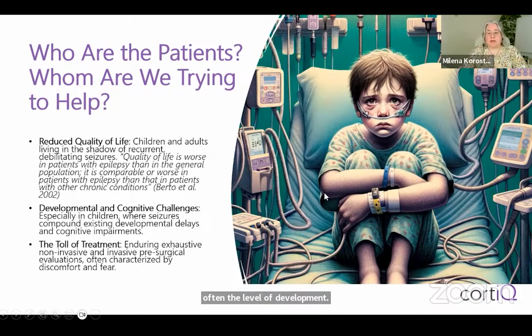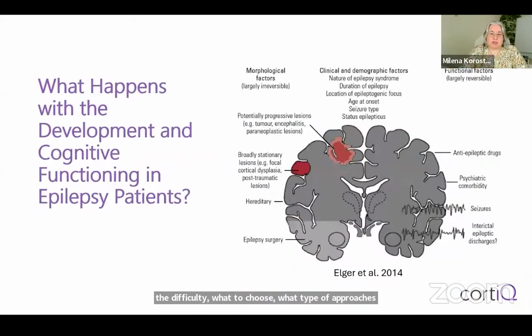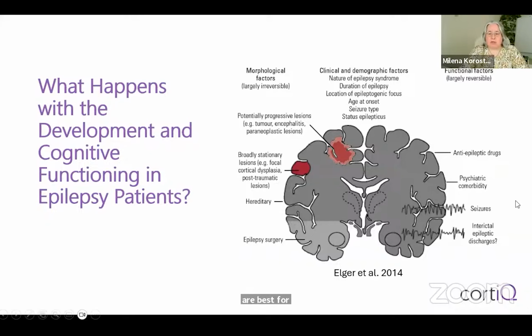And here stems all the difficulty, what to choose, what type of approaches are best for these children. And we know that there are many factors affecting cognition of these patients, including anti-epileptic drugs and possible lesions, possible pathology of the brain, but we need to deal with all of that and choose appropriate methodologies to